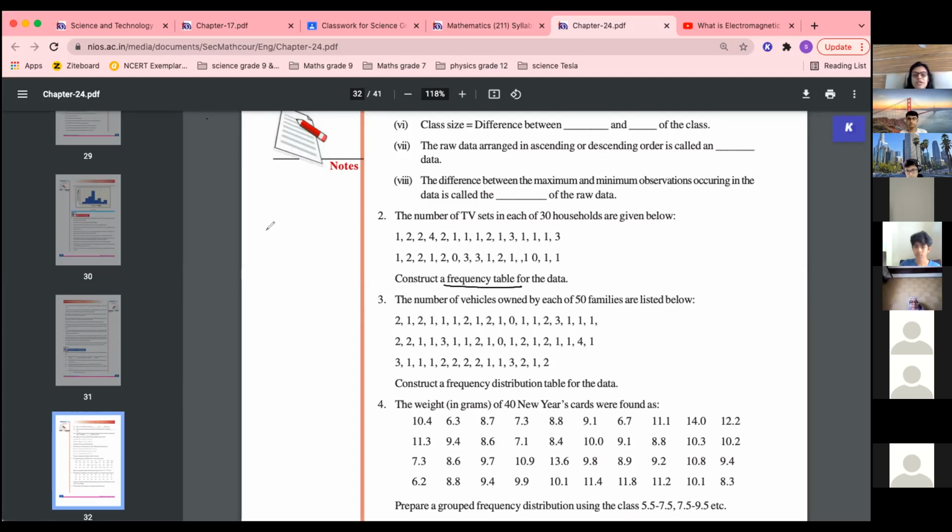Okay. So what will happen here? Here you will write number of TV and number of households. Okay, this is frequency. Number of TV will first be 1, 2, 3, 4. There is no 5, it is only up to 1, 2, 3, 4. How many households have got 1 TV? 1, 2, 3, 4, 5, 6, 7, 8, 9, 10, 11, 12, 13, 14 and 15. So against 1, 15 houses. Okay, how many households have 2 TVs? Count it.